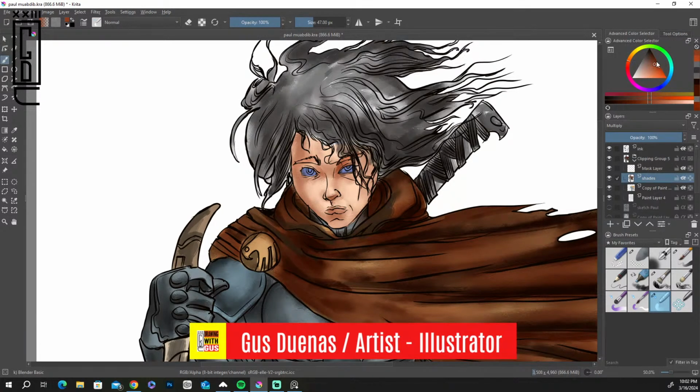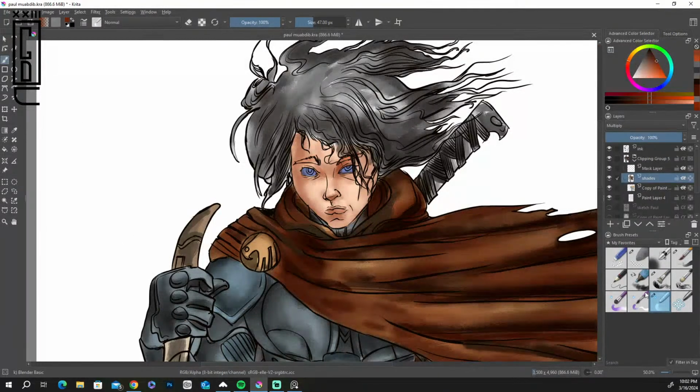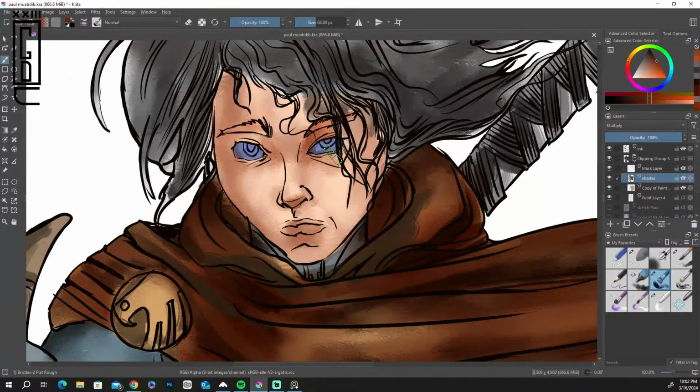Hmm. Okay. So probably we need a little more of this. Yeah, it has a lot of texture because I'm looking for a texture. I want the kind of, you know, the kind of